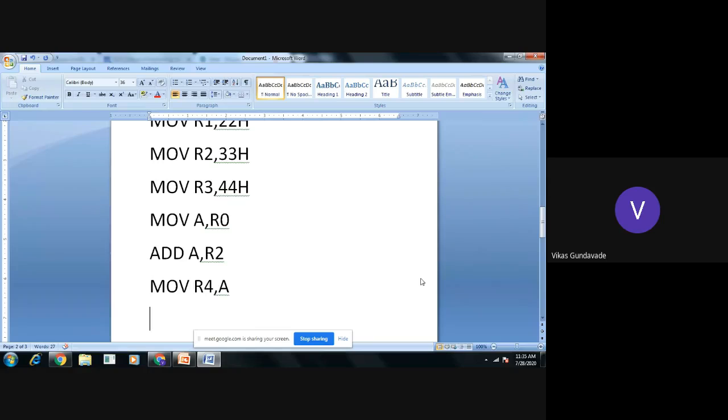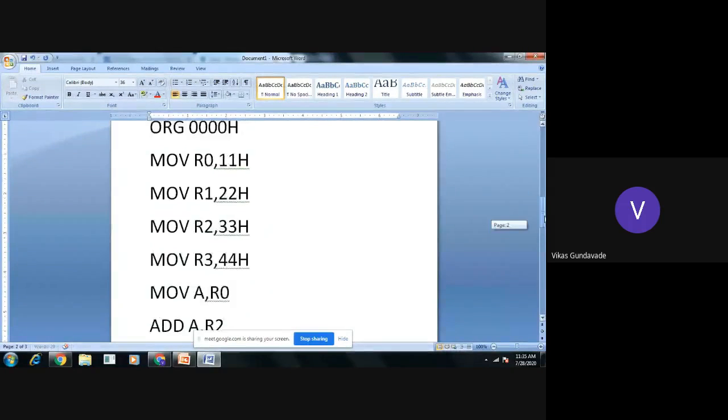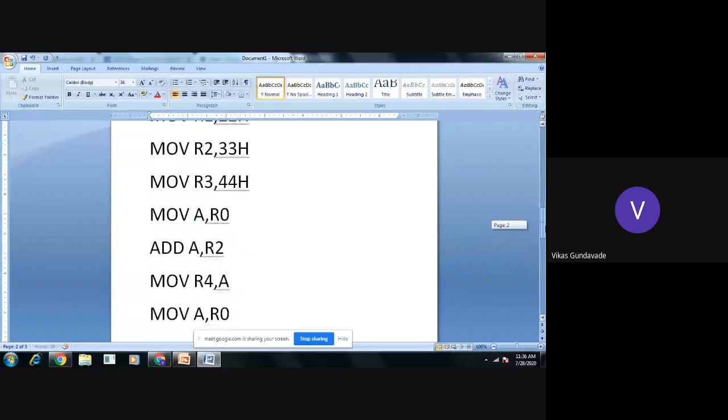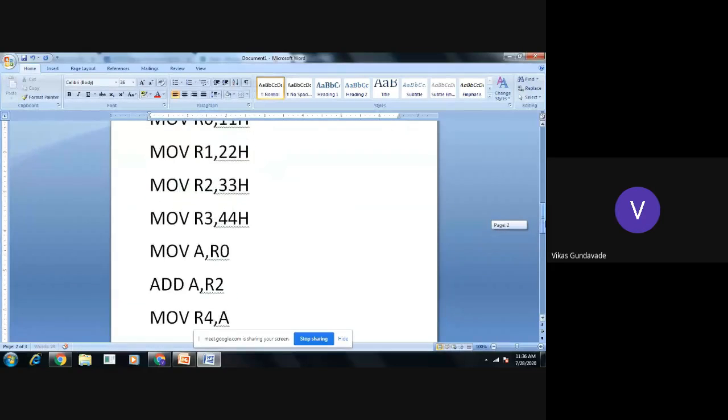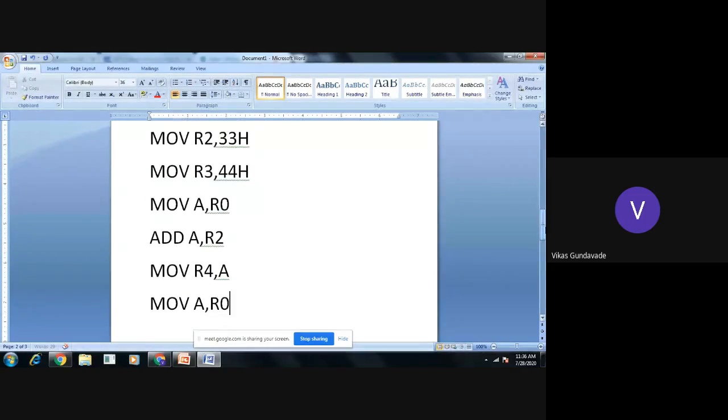Again, what we will do is take the first higher 8-bit number into the accumulator with the instruction MOV A, R1. So here, first we have taken the lower 8-bit number, which is available in R0.